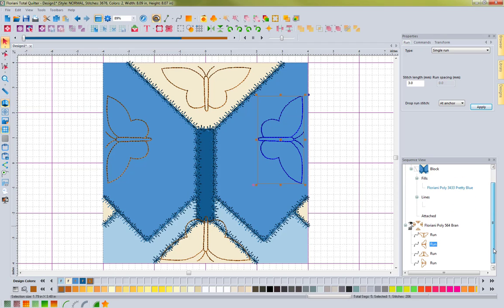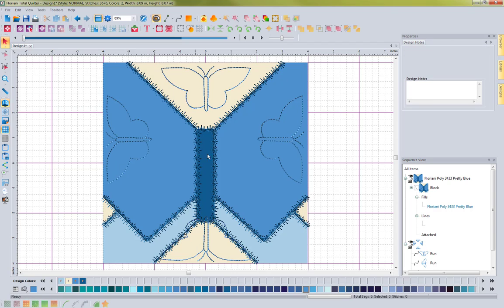And one of the things that I can do here is I can make sure that I get these two straight by selecting both of them and coming up to here and centering them. So now they're perfectly in line with each other, and I can do the same thing to the others, and I can vertically align those so that they're now straight. And I can select that color sequence and change the color if I'd like. Let's say I wanted to use this lighter shade of blue, and now I have a design on top of